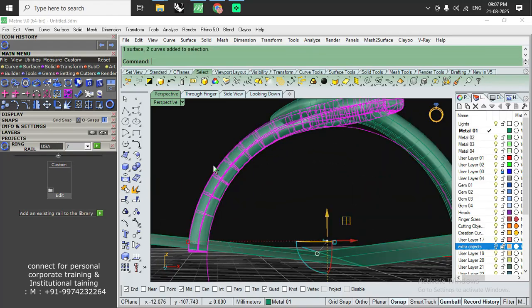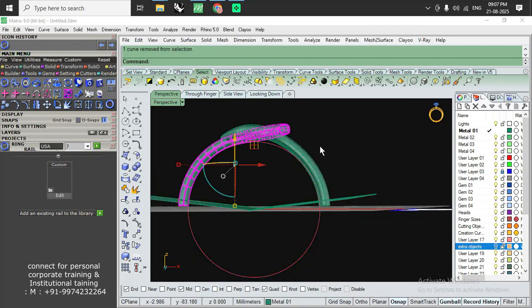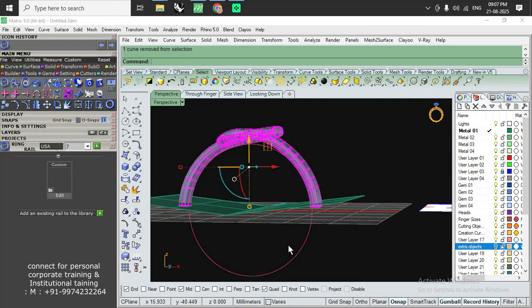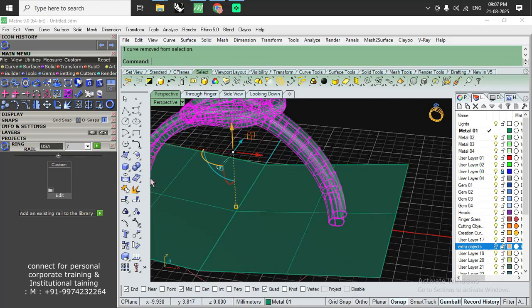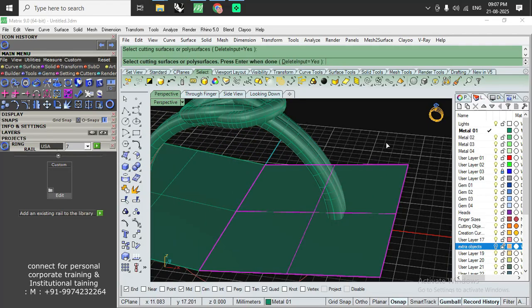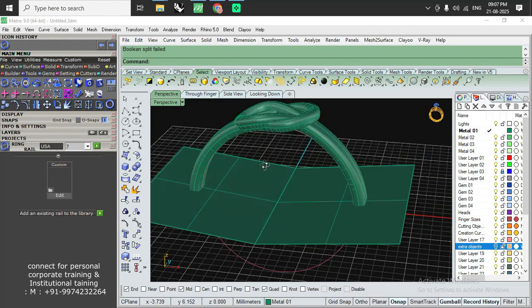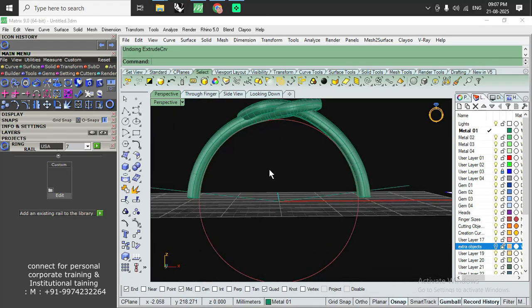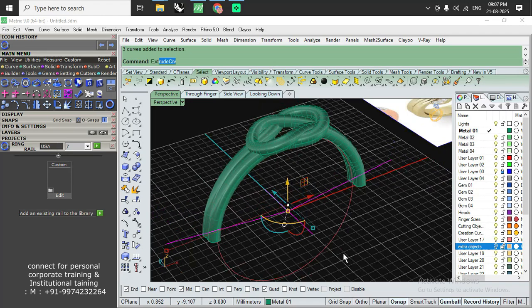Now split all curves and this profile. So I don't want to select this bottom profile, and now go to the split option. So boolean split, select the cutter. Let's select extrude, extrude curve,